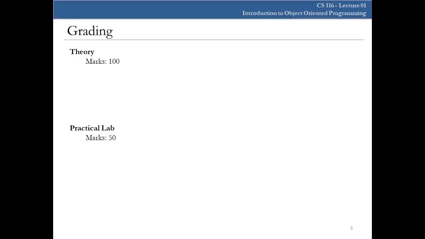Okay, this is the grading criteria that you already know. For a 3+1 credit hour course like CP and this one, object-oriented programming, you have got a total of 150 marks, 100 marks for theory and 50 marks for practical. And these 150 marks collectively decide your